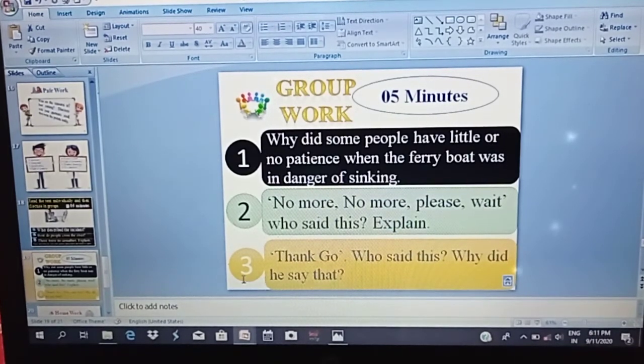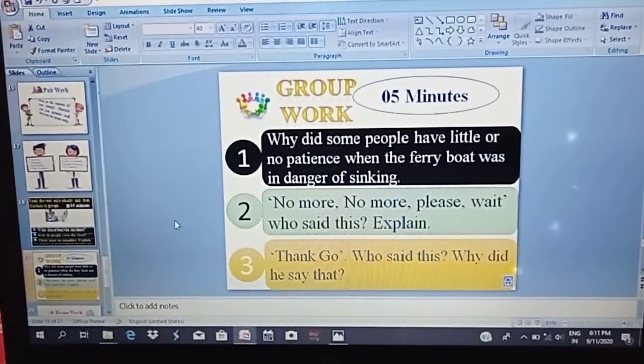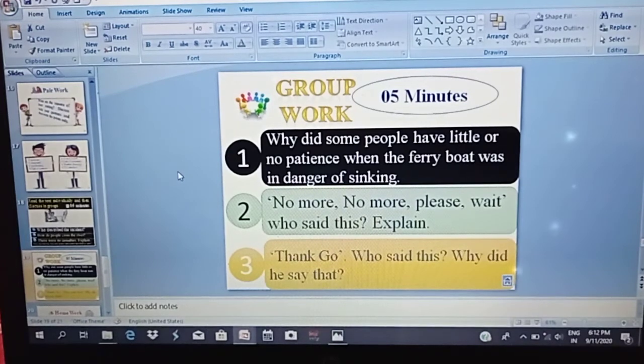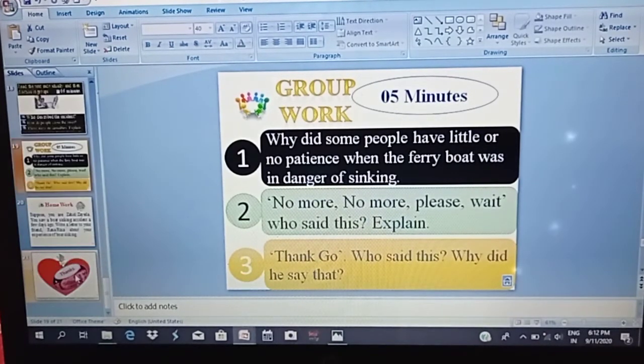And number three, thanks God. Who said this? Why did he say that? Why did the speaker thank God, and why? All these questions are very easy for you, and you all will be able to answer and do all this exercise. Okay,